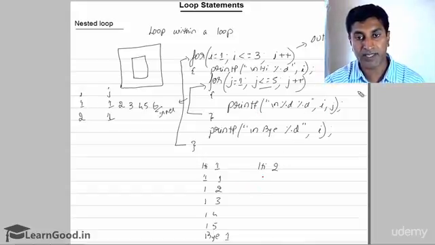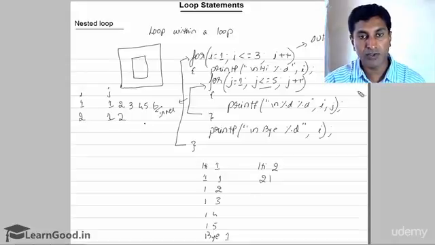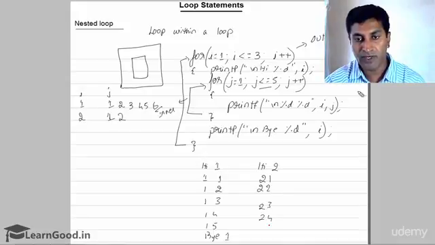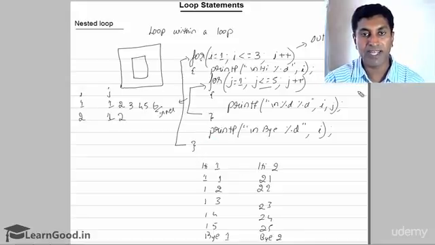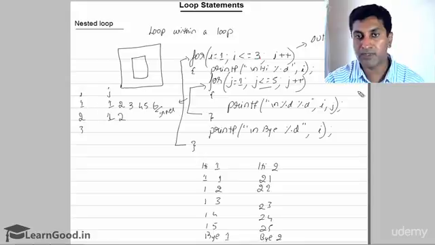I and j is going to be, at this time, 2 and 1. Same when j value is 2, it will display 2 and 2. Same way 2 and 3, 2 and 4, and 2 and 5. That means this inner loop every time is executing 5 times. And when you come out, it will display bye, I value is 2. Then again go with the outer loop. I is incremented, I becomes 3, and this 3 is less than or equal to 3, it is equal,